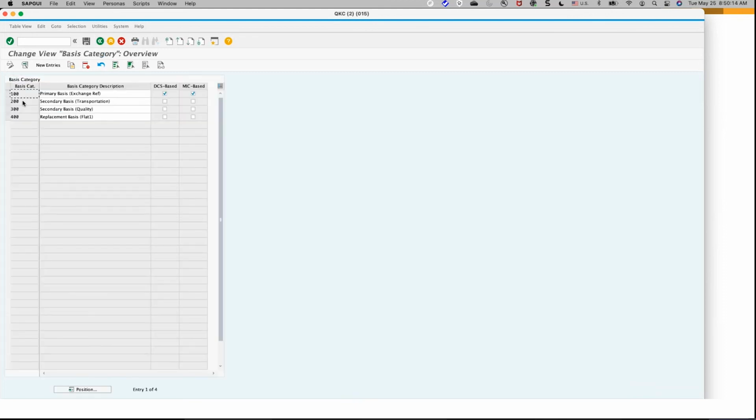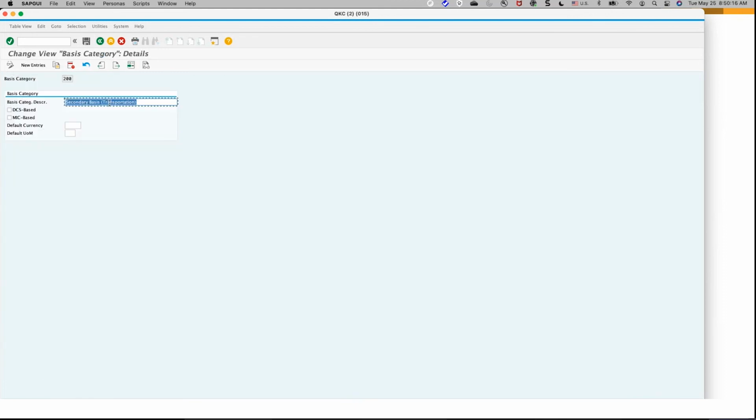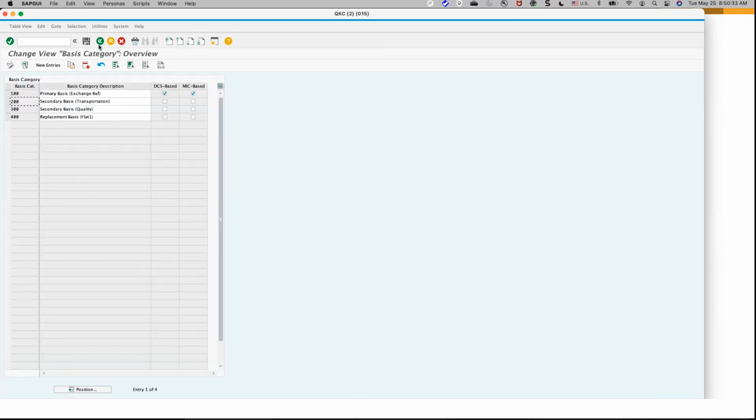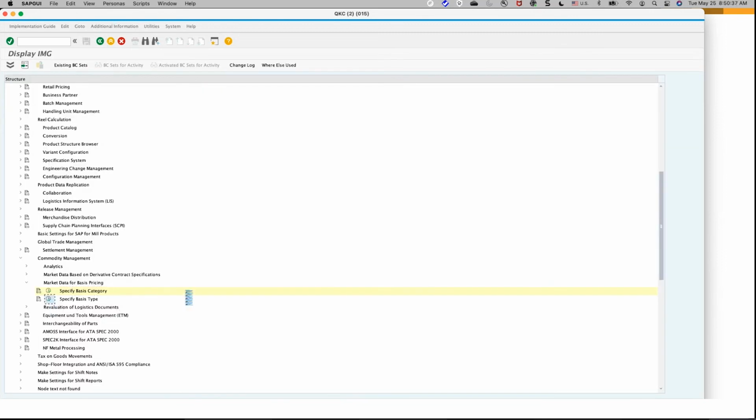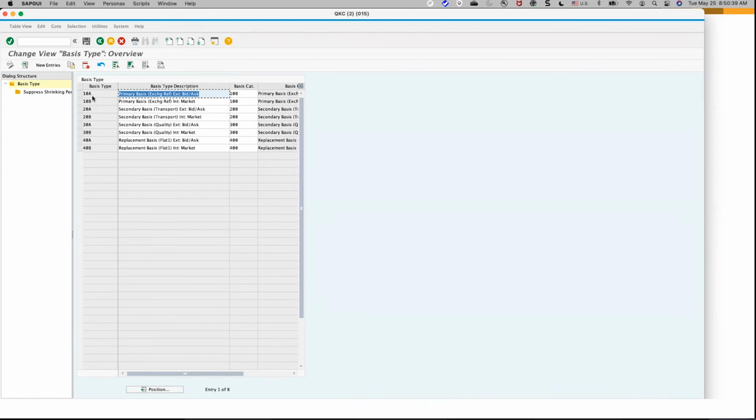There can be others like here, which is a secondary basis for transportation, which is not based on any DCS and make. You can also define your default currency so that it populates automatically in the FDCS 17B transactions. In the basis type, it's a fairly simple setup where you